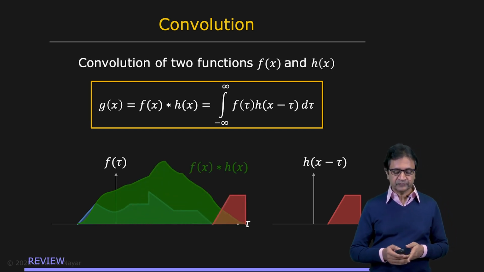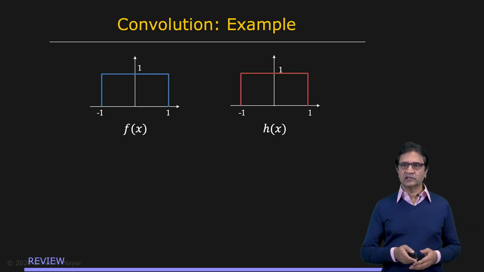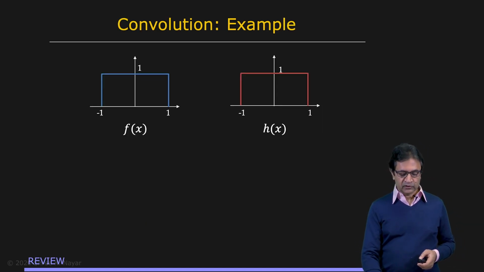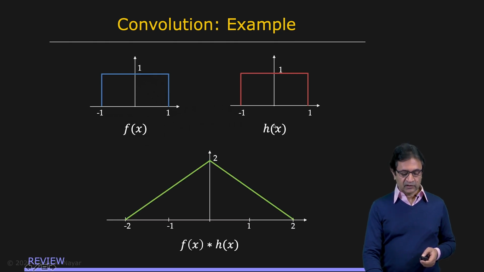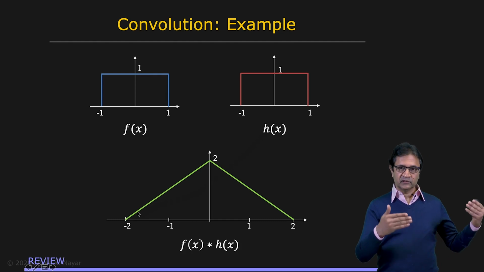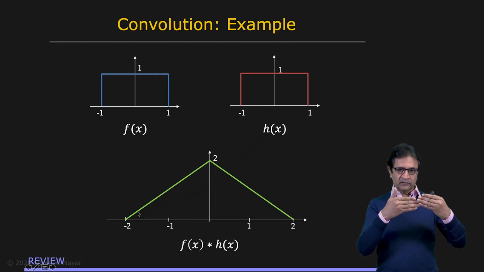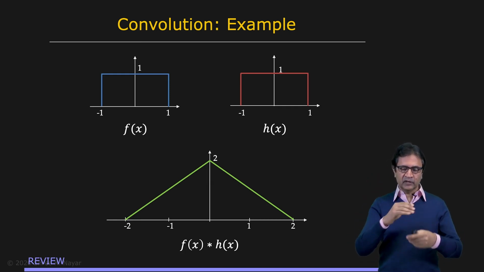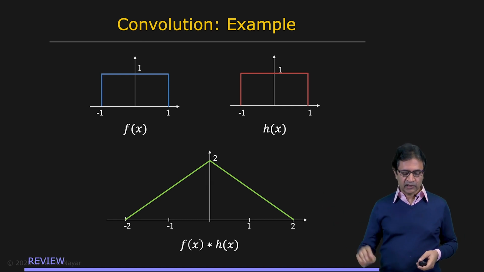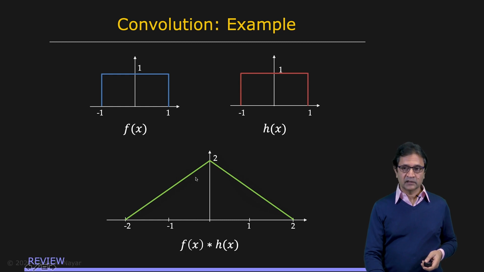That's convolution. And we looked at this simple example where you have the convolution of a rectangular function, f of x, which goes from -1 to +1 with amplitude 1, with essentially itself. H is the same as f in this case, and the result in this case is the triangular function, because the rectangular function slides over itself, and the area of the overlap increases linearly till it perfectly overlaps, and then it starts reducing the same way on the other side, so you get a symmetric function, which happens to be a triangle in this case.